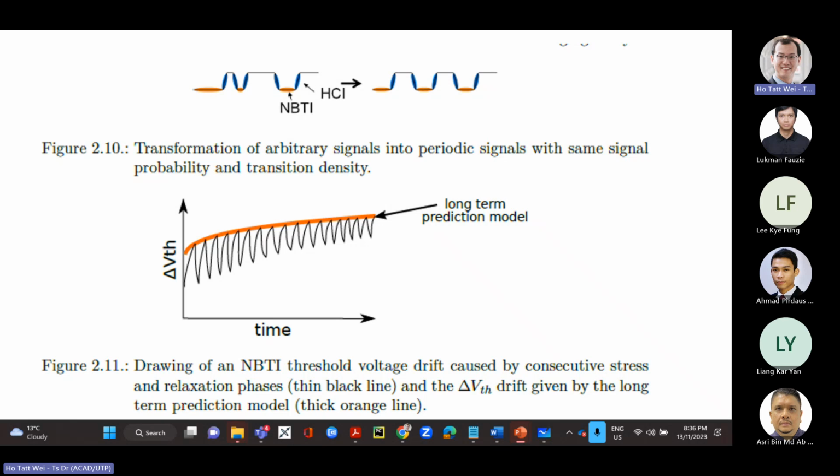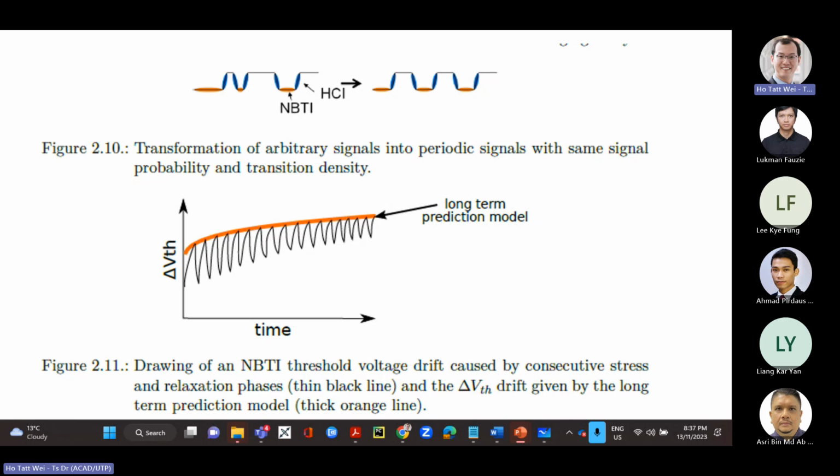What this means is that if you have a transistor, okay, so you have many transistors, but for a transistor that you switch logic 1, logic 0 very, very often, that transistor will most likely fail due to HCI, not to BTI. But if you have a transistor where you hold a logic level for a very long time, then that transistor will fail under BTI and not HCI. Okay, so you have failure mechanisms.